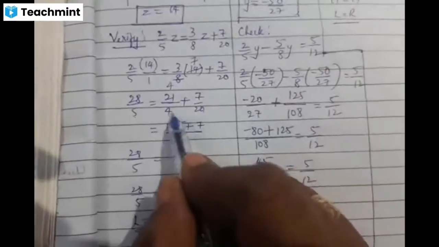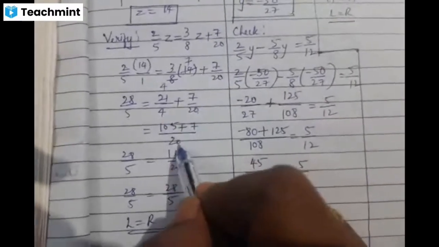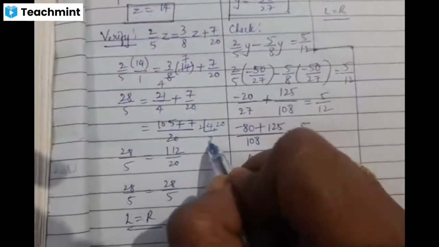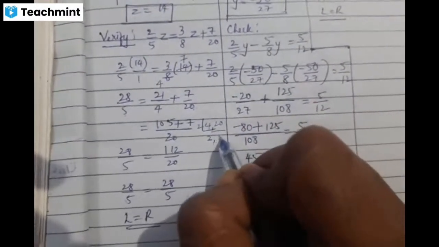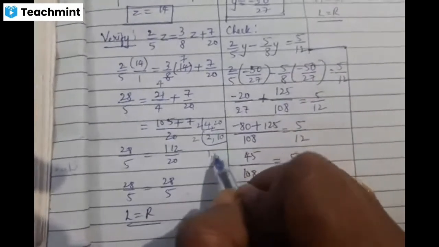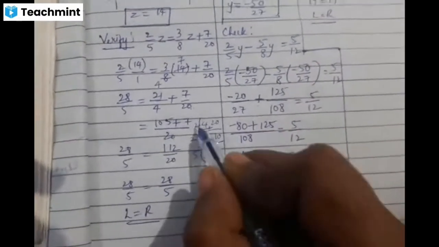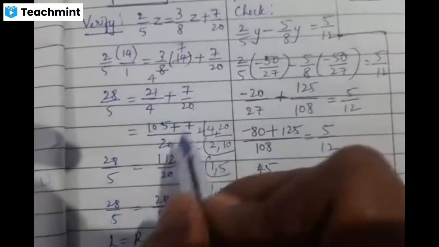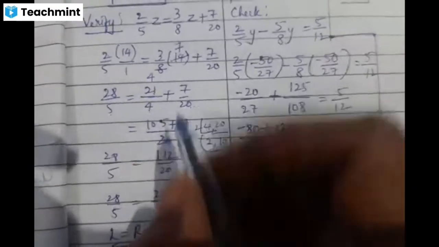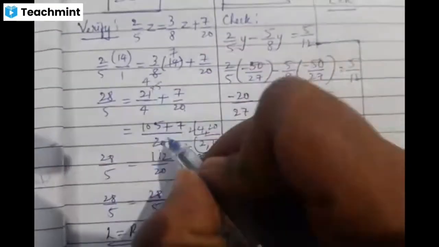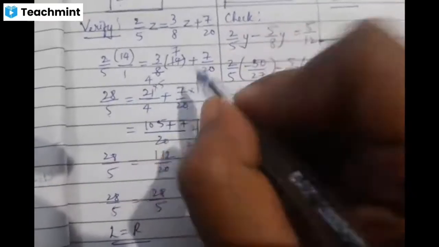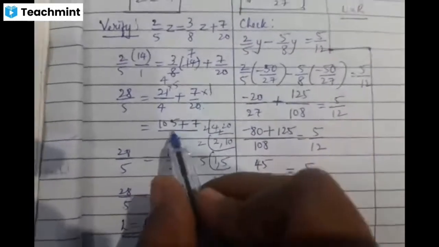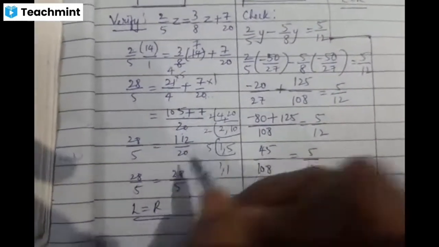Here let us add these two rational numbers. 4 and 20, the LCM is 20. 4 and 20, you know, you have to divide with the prime number. So 2 2s are 4, 4 5s are 20. We know how to take the LCM for different denominators. We got 20. 4, how many times 20? 4 5s are 20. 21 5s are 105 plus 7 1s are 7. 105 plus 7 is 112 by 20.